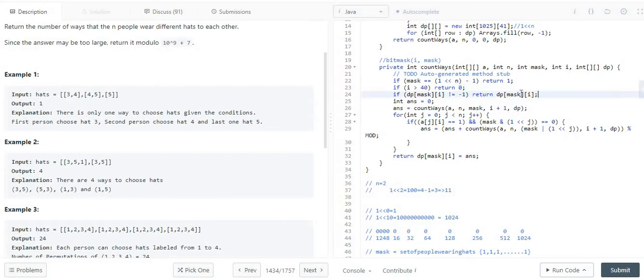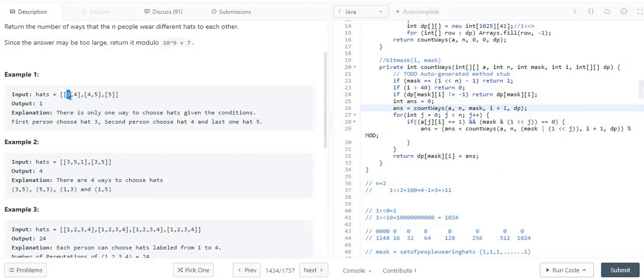Similarly here, if my result is already computed, then I can return directly the pre-computed value, dp of mask of i. So for the particular set, if I consider the i-th type of hat, it will return the pre-computed answer. You will get more idea on this last step, why we are doing this. Now next to that, as I mentioned, this is a standard dp problem, so here we can have two choices. Considering this first example, I can take a call whether the person should wear the hat of type 4.